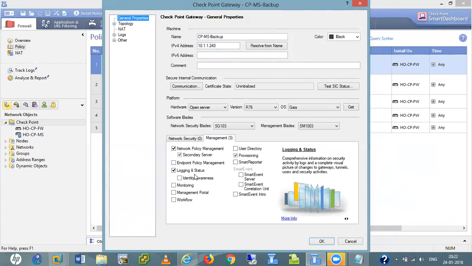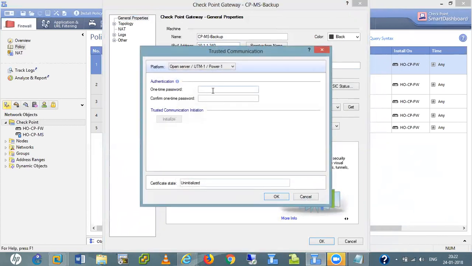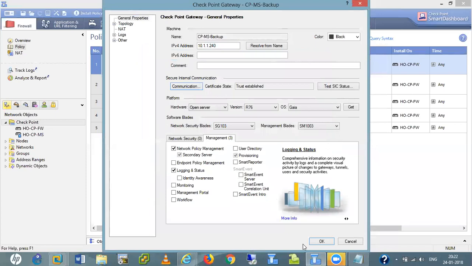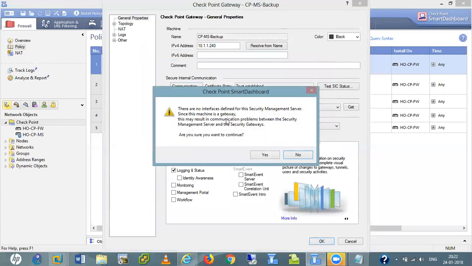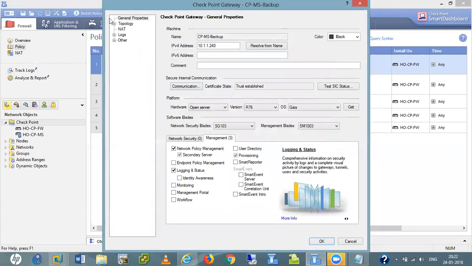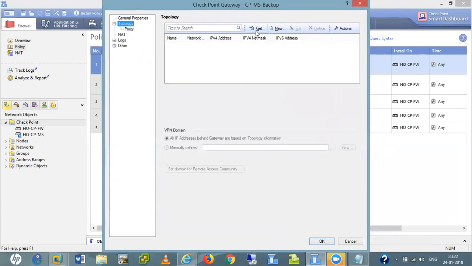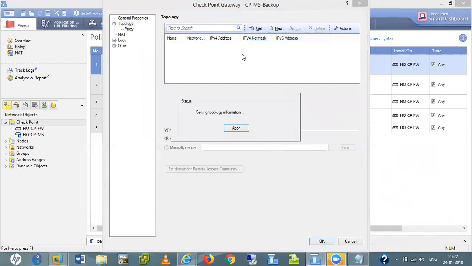So here I am going to also establish the SIC connection. Initialize. Trust is established. Let me also define the topology, the interface details.